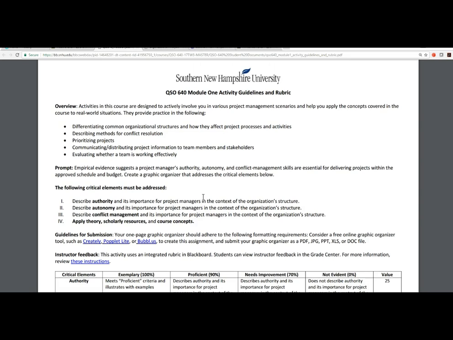If anytime you have any questions, please put them on the discussion board under general questions. If it's something specifically private, you can email me personally. But I would like to keep the questions as much as possible to the general questions tab, because that way everybody can see what's going on in that area.